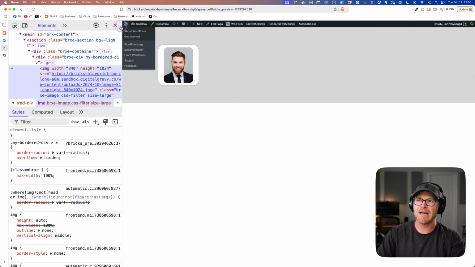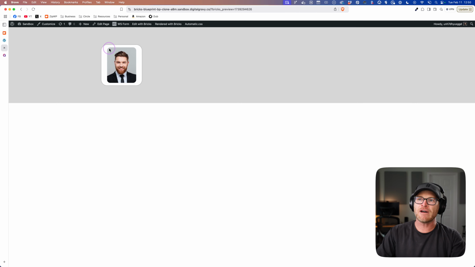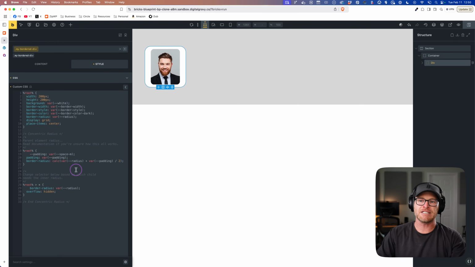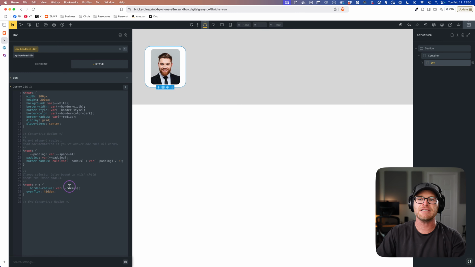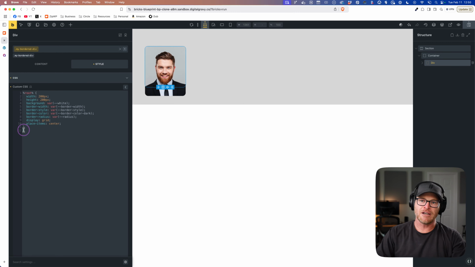There's something going on with the padding or something. This has a normal radius. This has a radius calculated as the radius plus the padding divided by 2. That's the formula for concentric radius. But it's a pain in the ass. Or you could just say, I want a concentric radius, and there you go, and it's done. So there's another little tidbit to just pull out of nowhere.